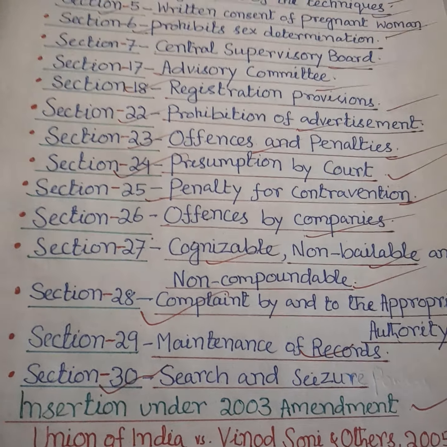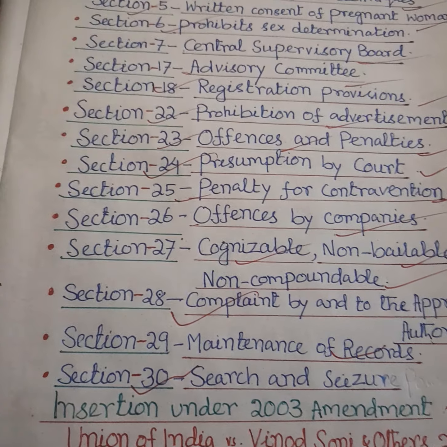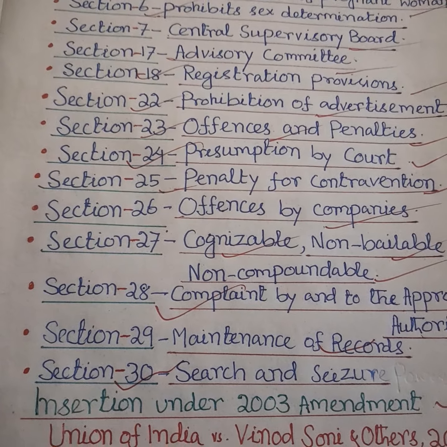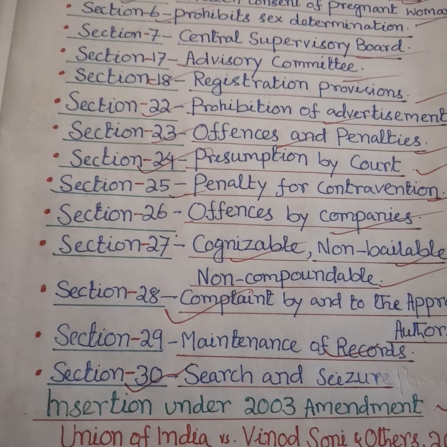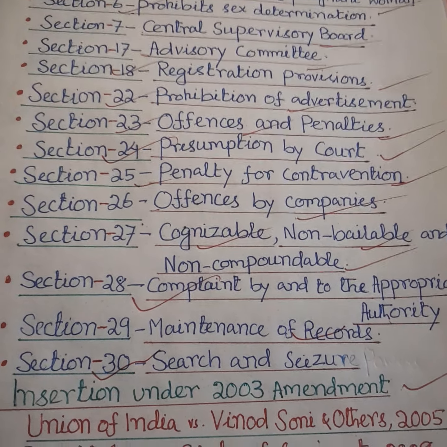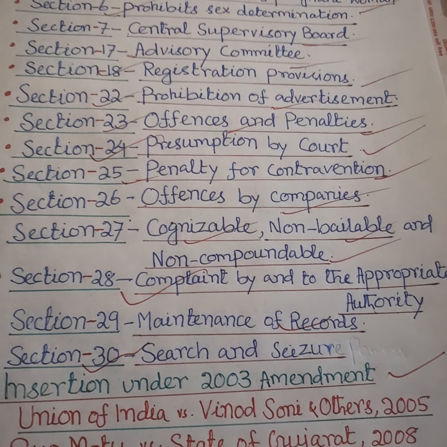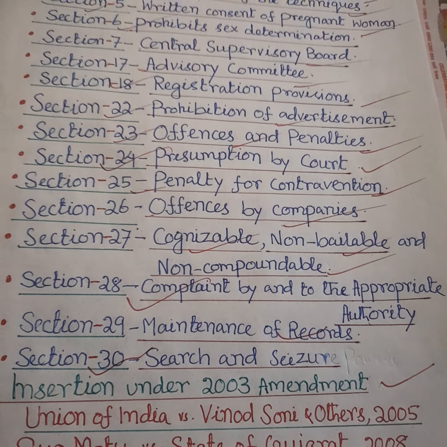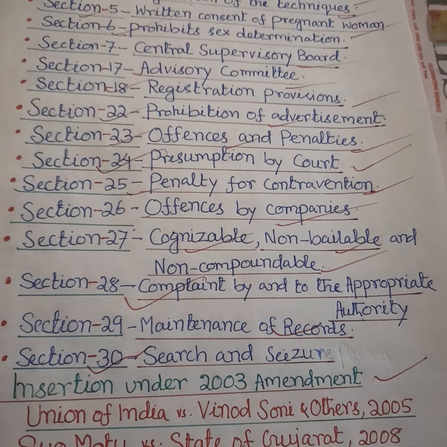As such, it also regulates the sale of ultrasound machines only to registered bodies, and these are the very important insertions made under the Act for prohibition of sex determination, as provided under the amendment made to the original Pre-Natal Diagnostic Techniques Regulation and Prevention of Misuse Act